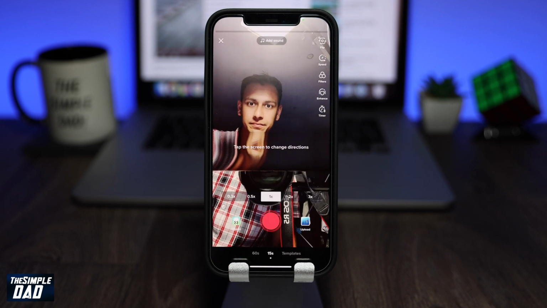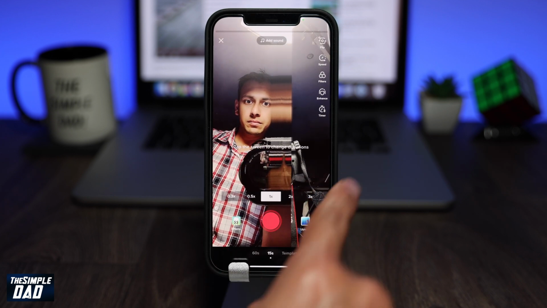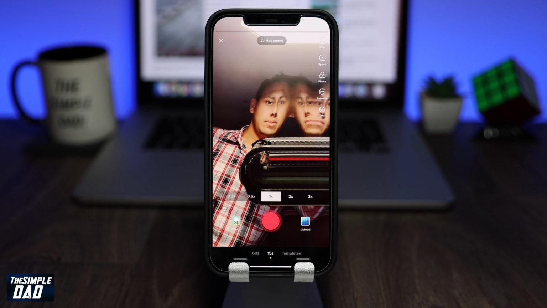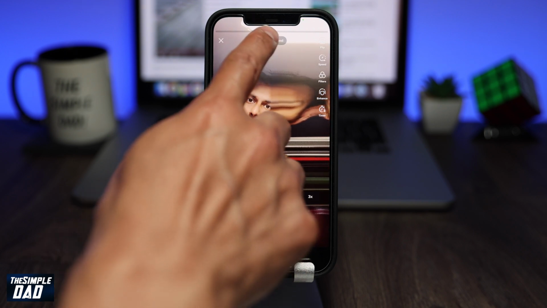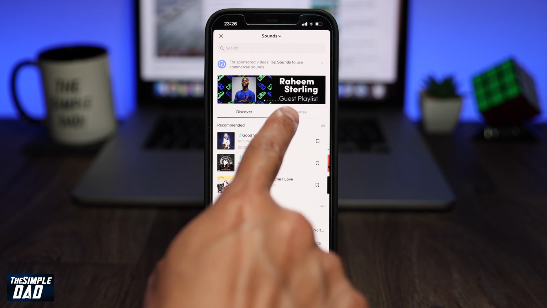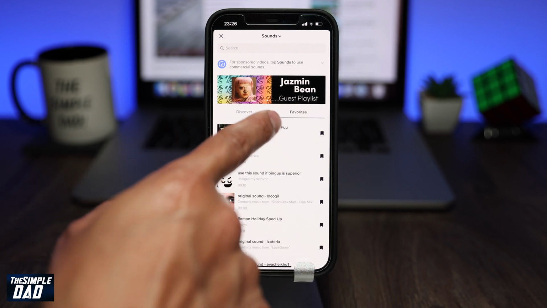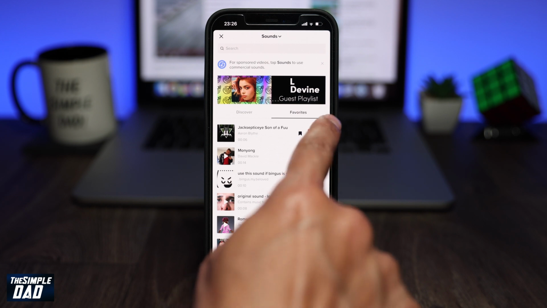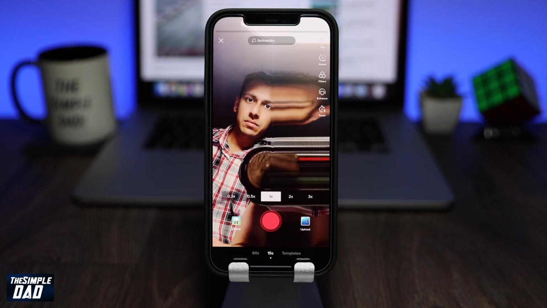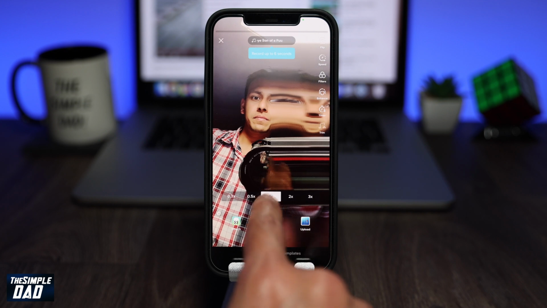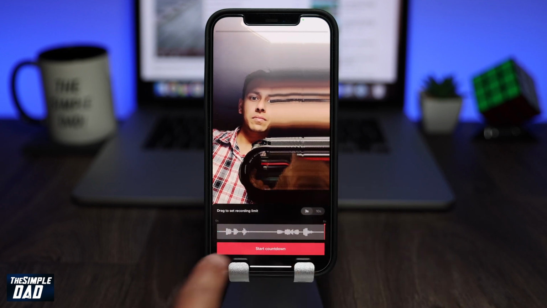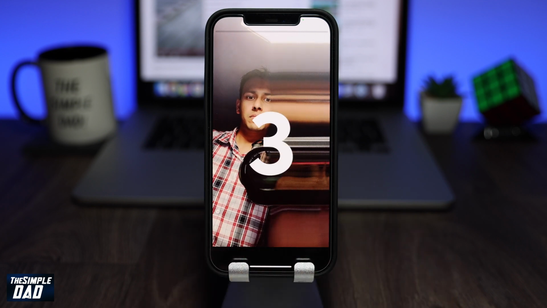You'll see an effect on screen. Swipe right to change the direction of the effect. Now tap on Add Sound, then select the sound from your favorites. Now for this trend, you need to set up the timer, select 3 seconds, place your camera far and start